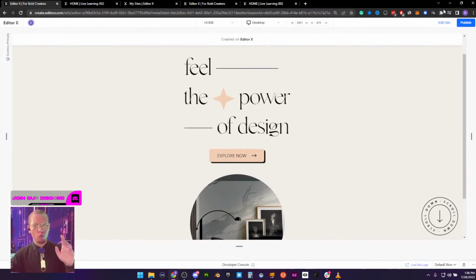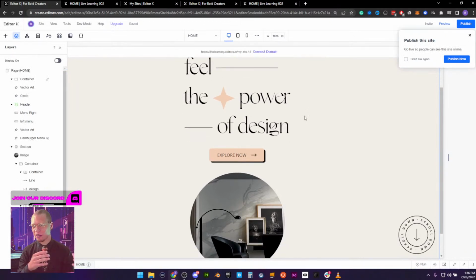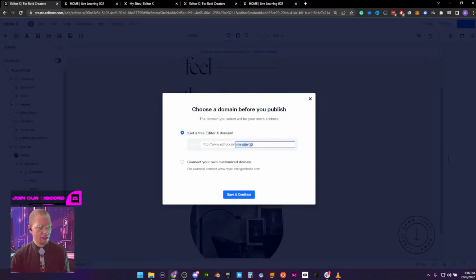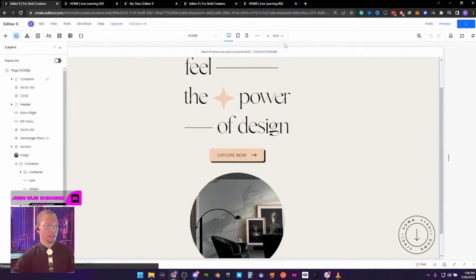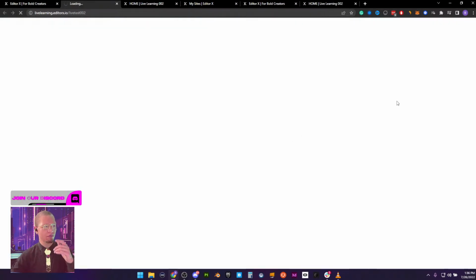Now, I'm going to go ahead and publish this, because I'm seeing, like all of you guys, there's a little bit of a skip step, and I wonder what that is. So let's go ahead and publish this really quick. Let's call this live test 02. And let's go ahead and go to that site as soon as it publishes, and let's see kind of what's going on here.